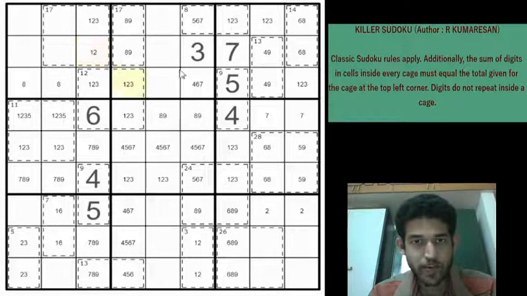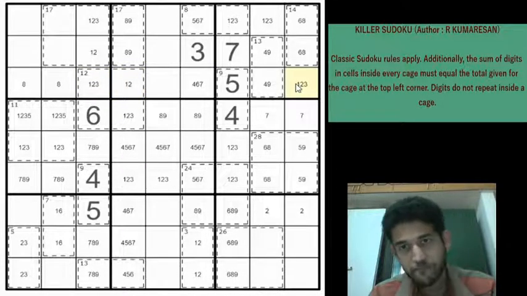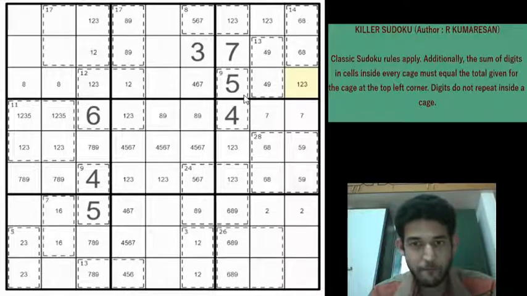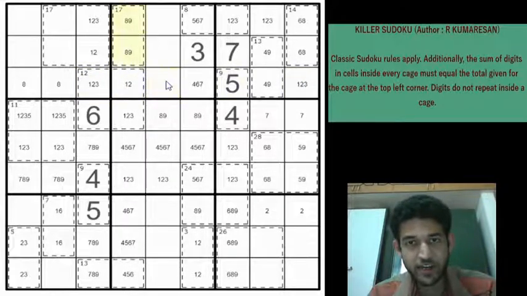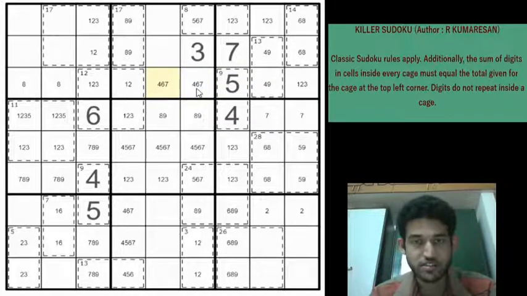So this also can't be a 3 because 3 is here. So this will be a 1 or a 2. So 3 must be here or here. Right? It can go in either cell. So let's look at this cell. It can't be 1, 2 or 3. It can't be a 5, it cannot be 8 and 9, so it can only be 4, 6 or 7. 1, 2, 3, 5, 8, 9 are eliminated, so this can only be 4, 6 or 7, right?